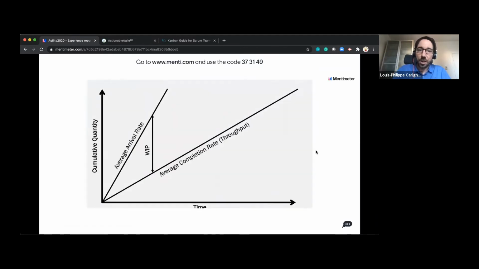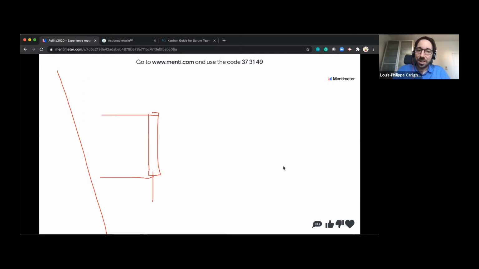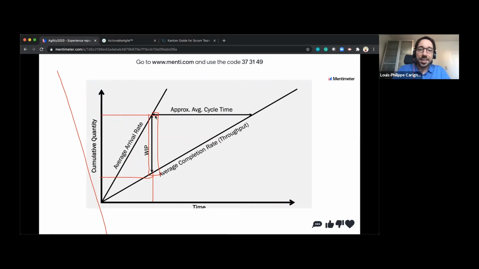Well, at this time here, I had a work in progress of X number of items because these are just items here that are not completed. They're being worked on. So as I move forward in time, I'll get a cycle time for that item here that's pretty long.